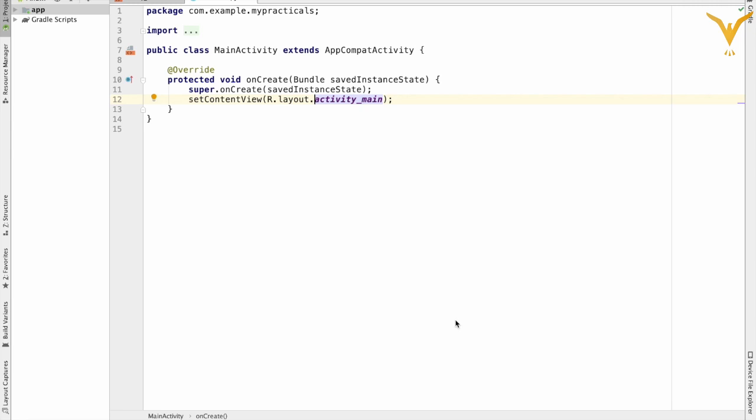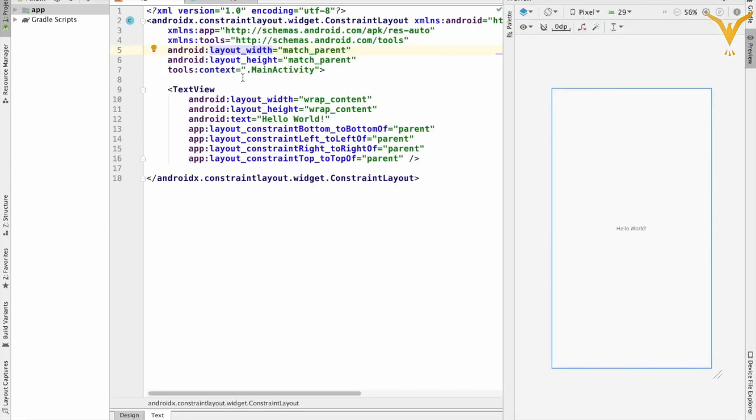In previous video, we have seen the Android directory structure where we have created one project, and inside that we have created one activity. So each activity has two components. One is your Java file and second one is your XML file. In XML file, you will add your controls like your text box, label, date time picker, etc. Here there is one text view. It comes with the default settings.